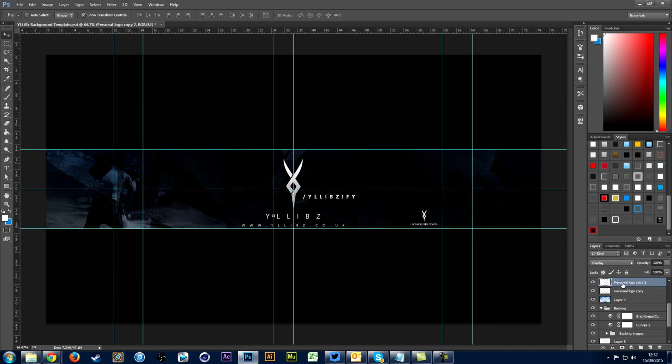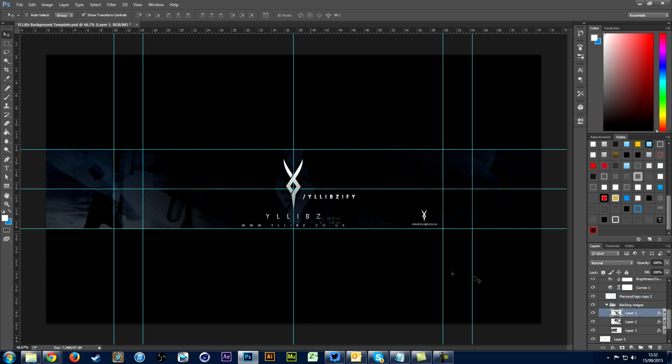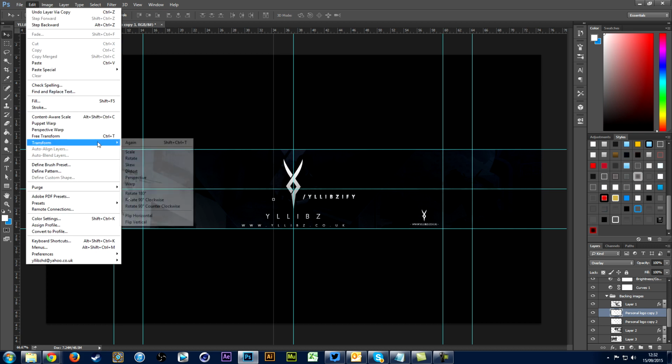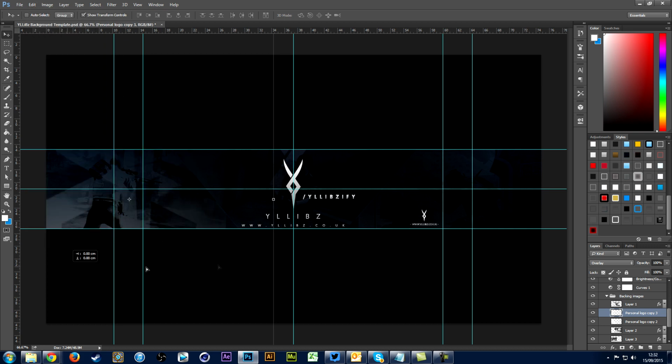And I'm going to drag it over to the side here, and I'm actually going to go to the backing images and put this underneath the first image that's in the middle here. So we've got the middle image, which is this one, as you can see. So I'm going to put that personal logo, the duplicate we just made here, underneath that, put it into a nice position, put it around there, duplicate that layer, and then go to edit, transform horizontal, and then drag this over,